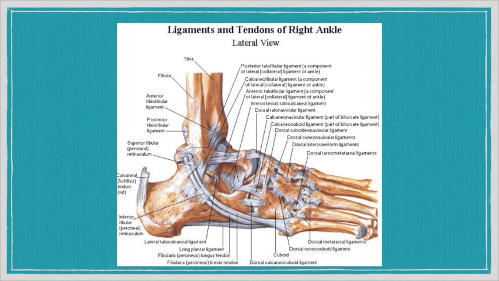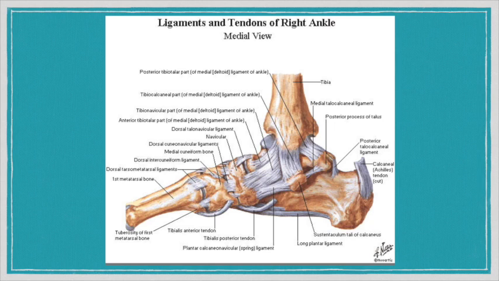The posterior talofibular ligament courses from the posterior talus to the back of the lateral malleolus. It is located deep and is the strongest of the lateral ligament complex. The calcaneofibular ligament lies deep to the peroneal tendon sheath, originating from the tip of the fibula to the lateral tubercle of the calcaneus. The medial ligament of the talocrural joint, or deltoid ligament, is a strong, flat, triangular band attached